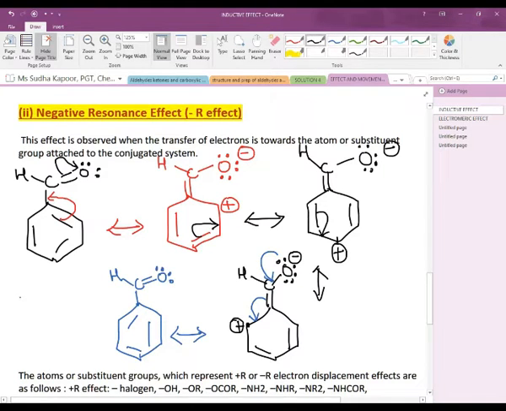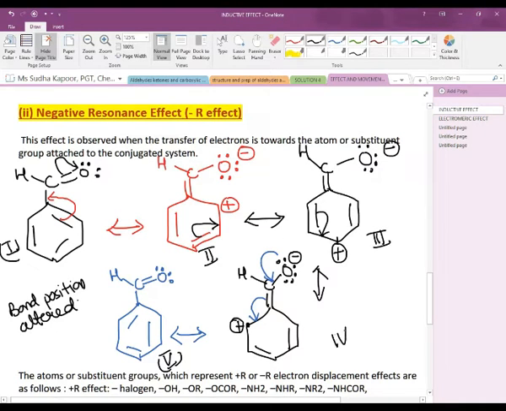So what we can write in the conclusion is that the bond position has altered, as we have taken from the starting: the first and fifth both have a change in the bond position. This is the second, this is third, fourth and fifth. So between the first and fifth, we find the difference that the bond position has changed, as seen in the first case. And the other main thing is that there is low electron density at the ortho and para positions, which are comparatively richer as compared to the ortho and para.